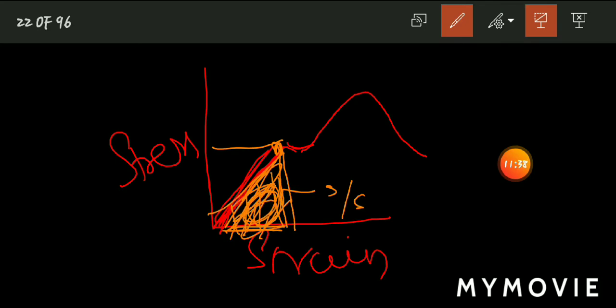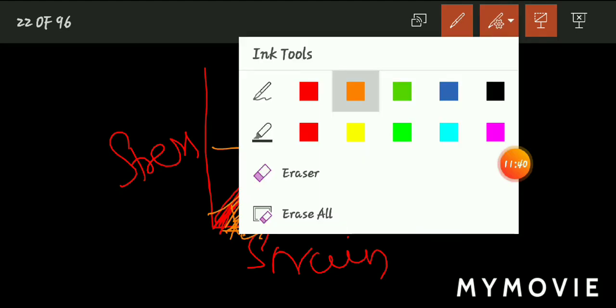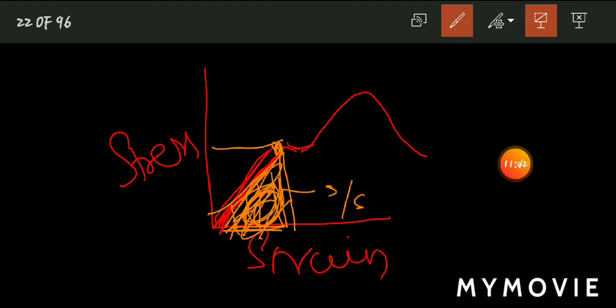Okay, now let's take another color. So what happens if you have got your rubber bands or spring? What you'll do is, now try to apply more force. So if you apply more force, they try to elongate beyond a point. So the elasticity will be gone. There will be a slight plasticity, that is elongation happening in the material.